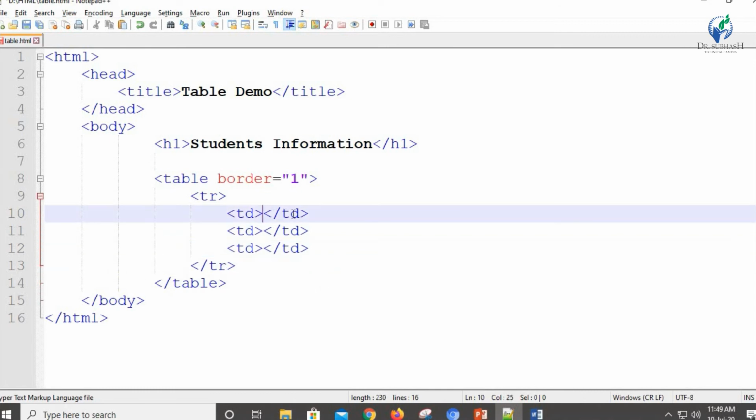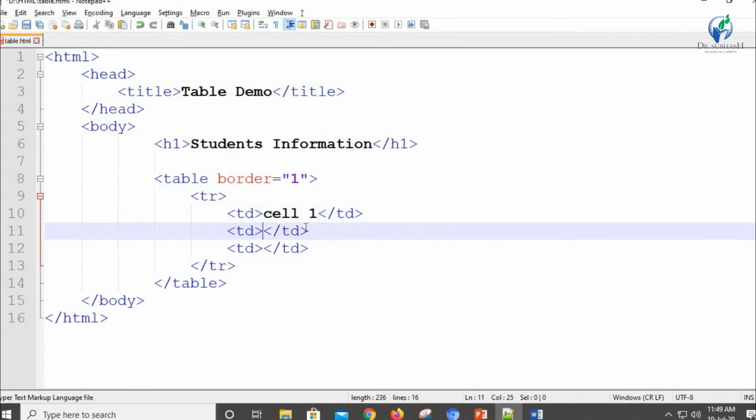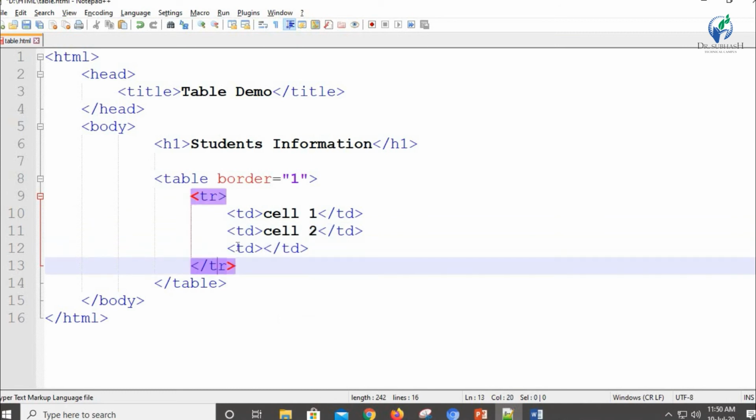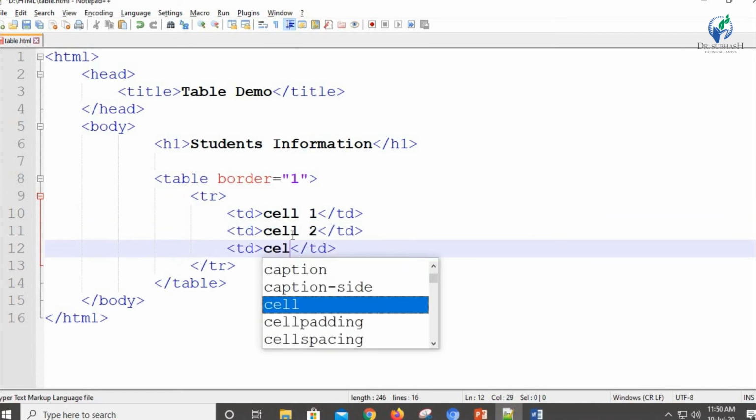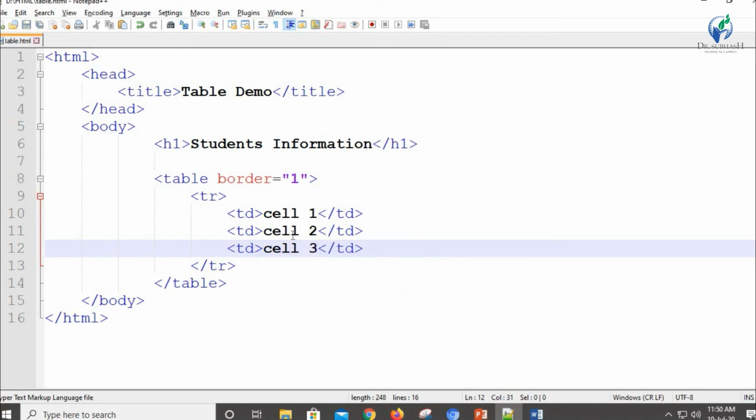Now first we are going to use cell 1, then cell 2 and cell 3. Okay, we are going to save this.